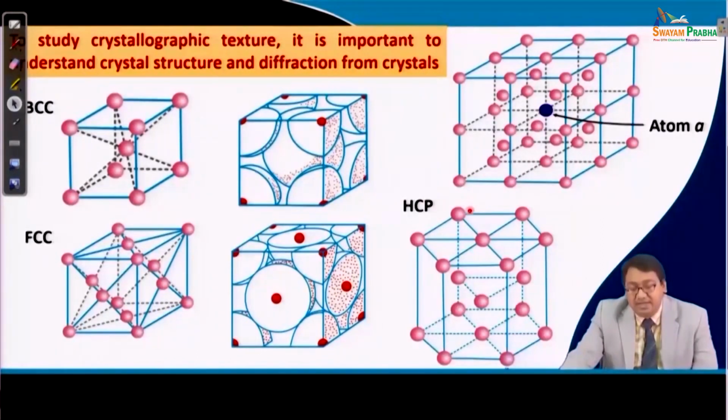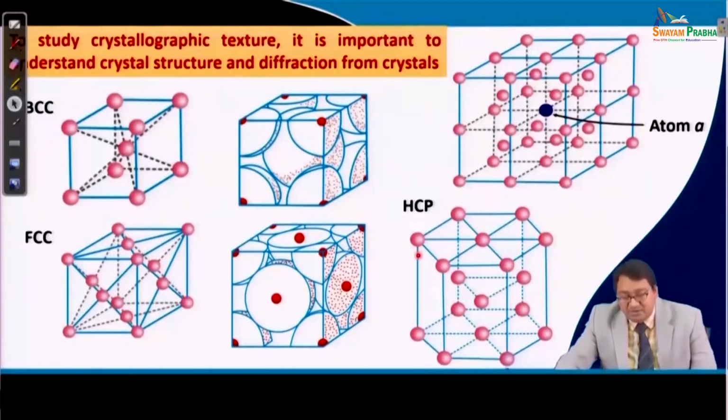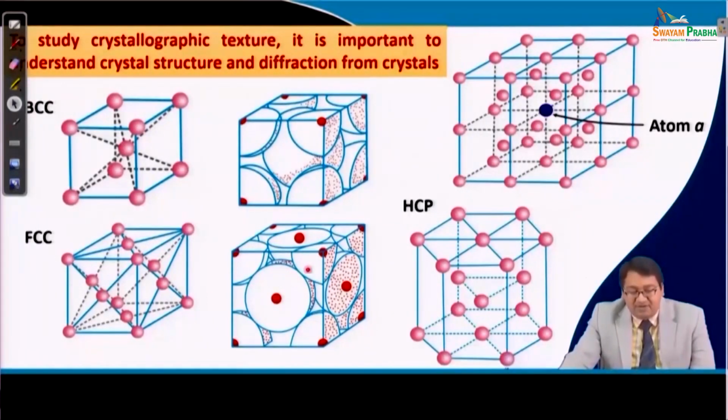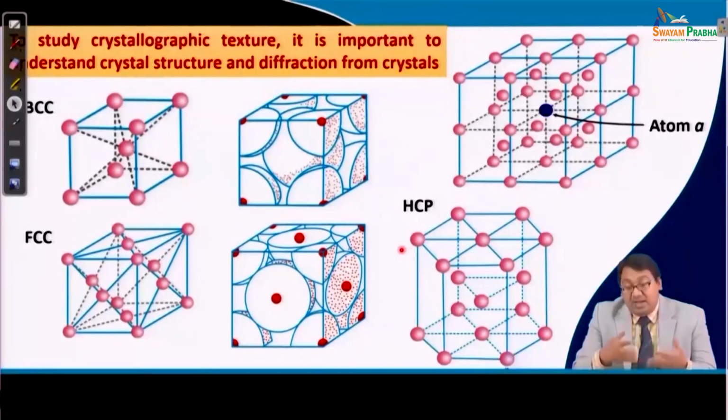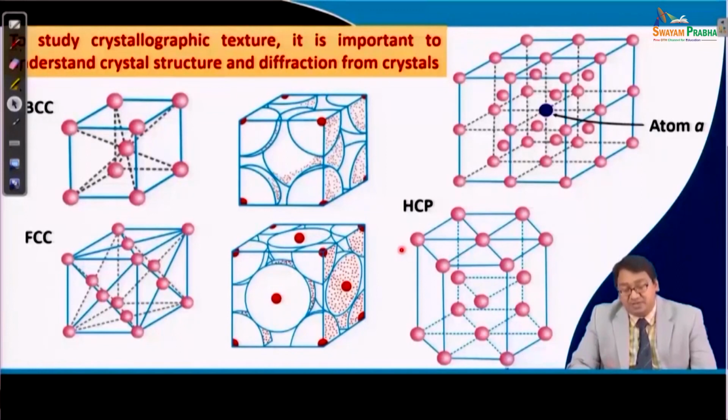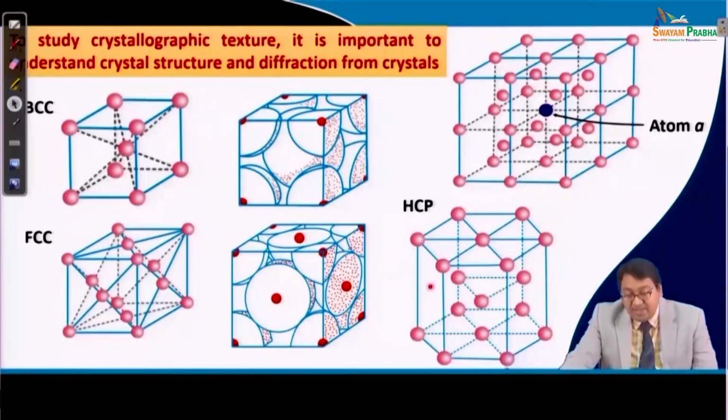On the other hand, you see hexagonal close packed material. Hexagonal close packed material is certainly different from the cubic materials, which are BCC and FCC. In hexagonal close packed materials the atoms are at 60 degrees to each other, and therefore, the crystal structure basically looks like this. A few important structural elements and biomedical elements and other elements are of hexagonal close packed structure. These are titanium, magnesium, and